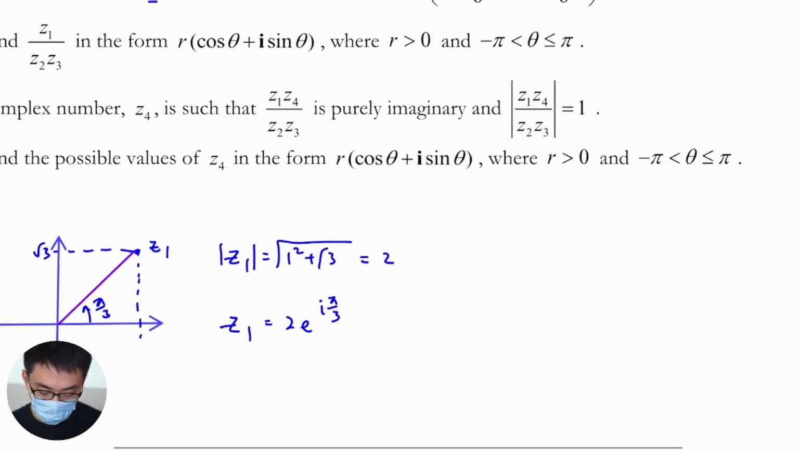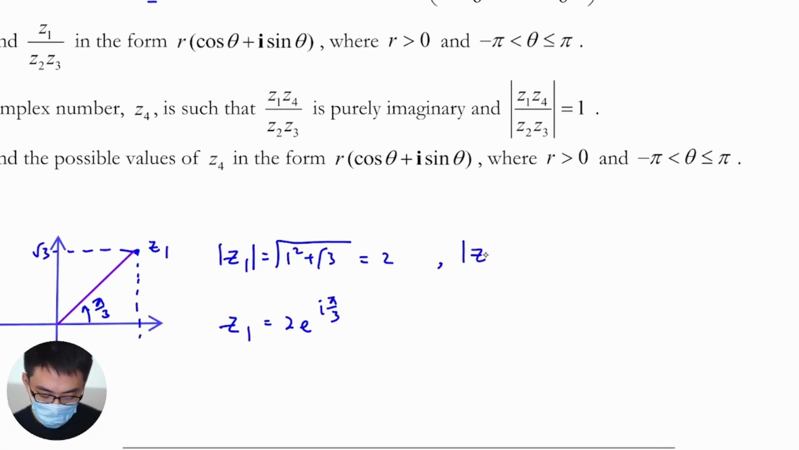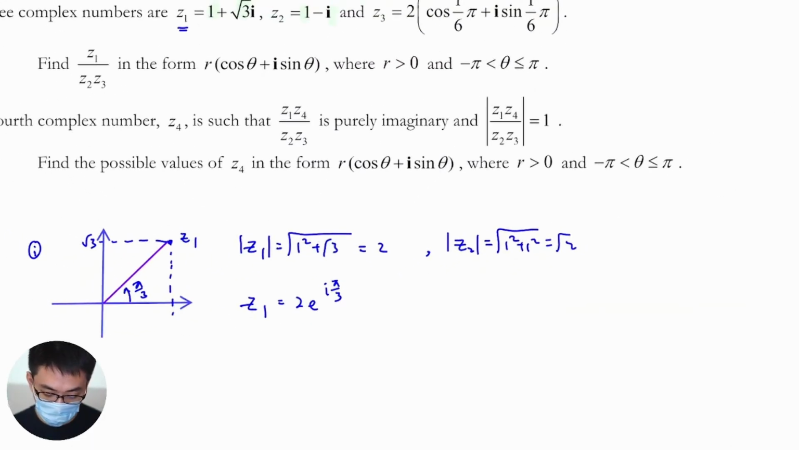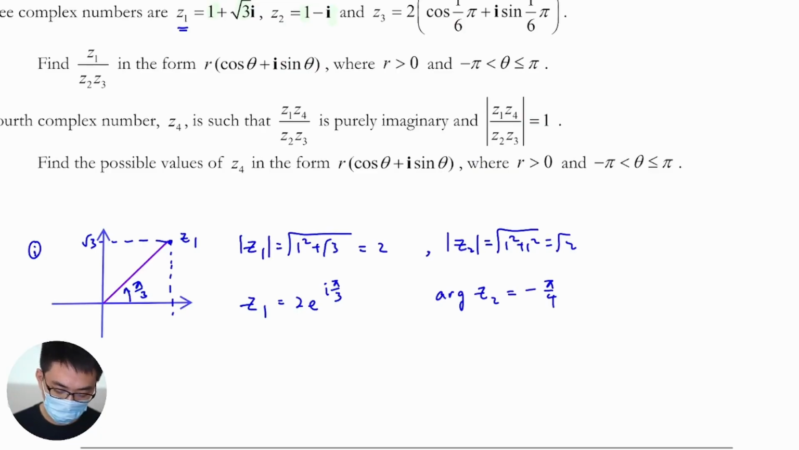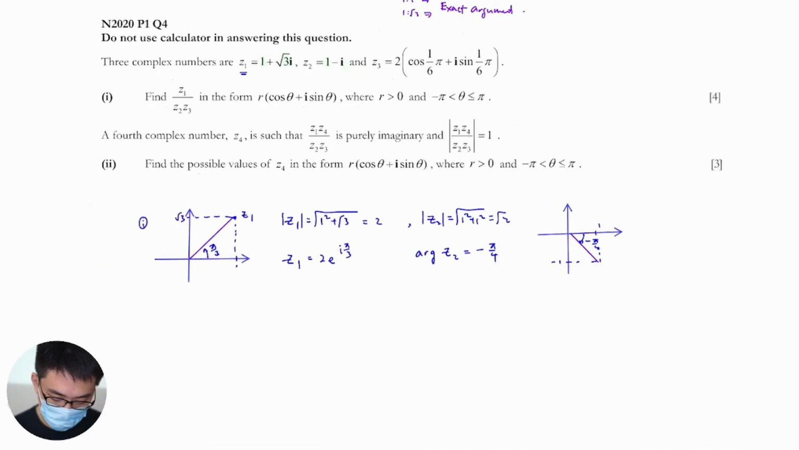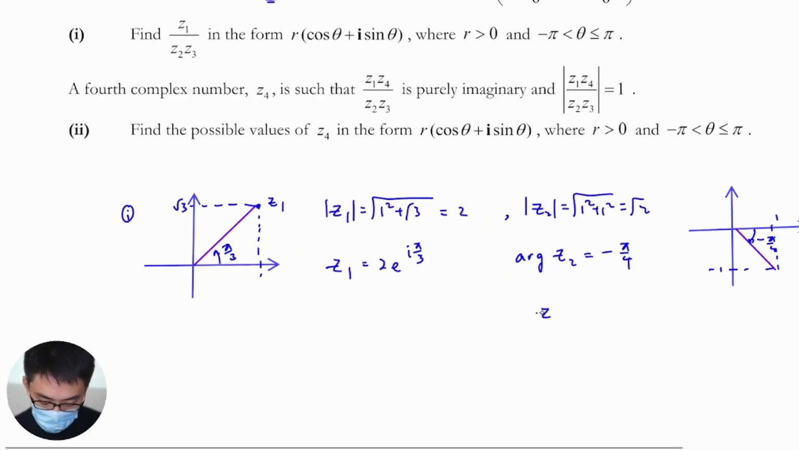Z2, do the same thing. Modulus of Z2 is actually just square root 1. 1 minus 1, that will be over 4. Same thing, if you can't see the argument, just draw it out. Z2 is